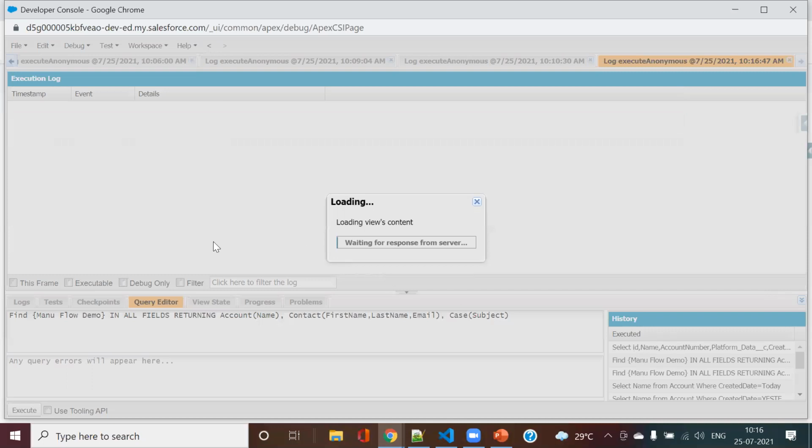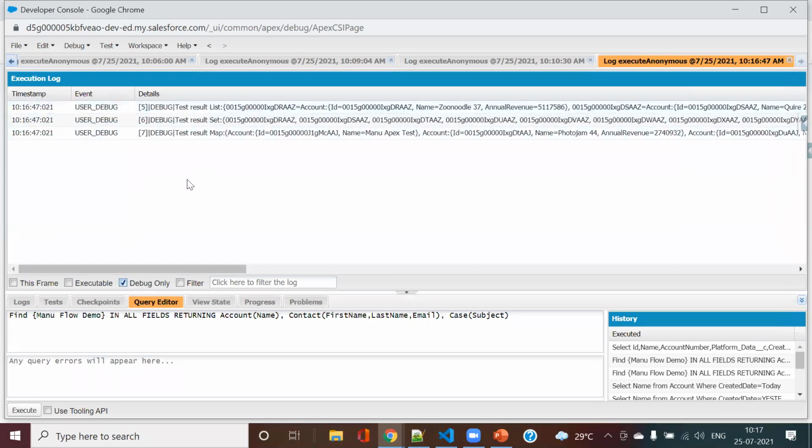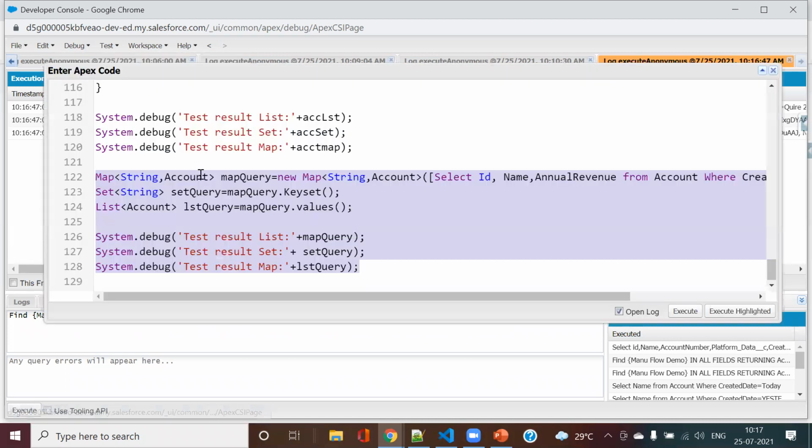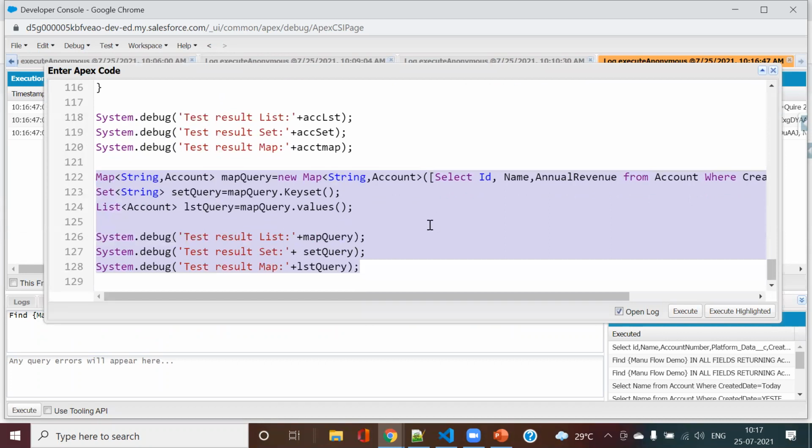Yeah. So now you see the same thing that I did through the enhanced for loop, I did through map query in just 3 steps. Whenever I get a requirement, I generally prefer this map query approach over the enhanced loop, because my code is less, performance is also good, and it's much easier and compact. But initially, I would advise you to go with the enhanced for loop, as you will see in Trailhead examples also. Once you become comfortable with them, then maybe you can use this approach.